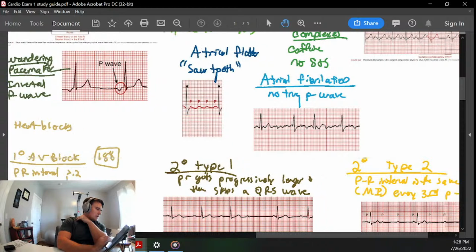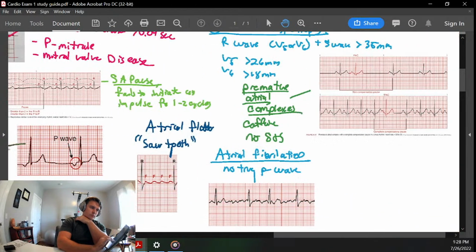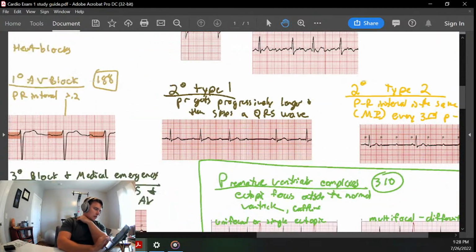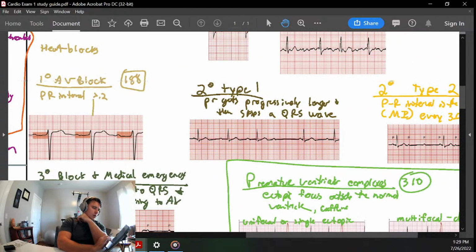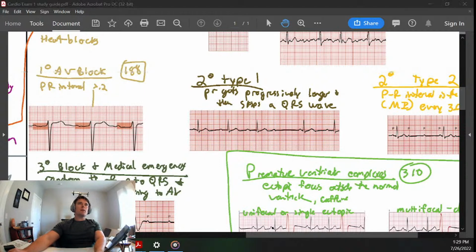So wandering pacemaker. Another common one I see is the first degree, second degree, third degree AV block. So it depends on how long the PR interval is. So if you remember the PR interval,